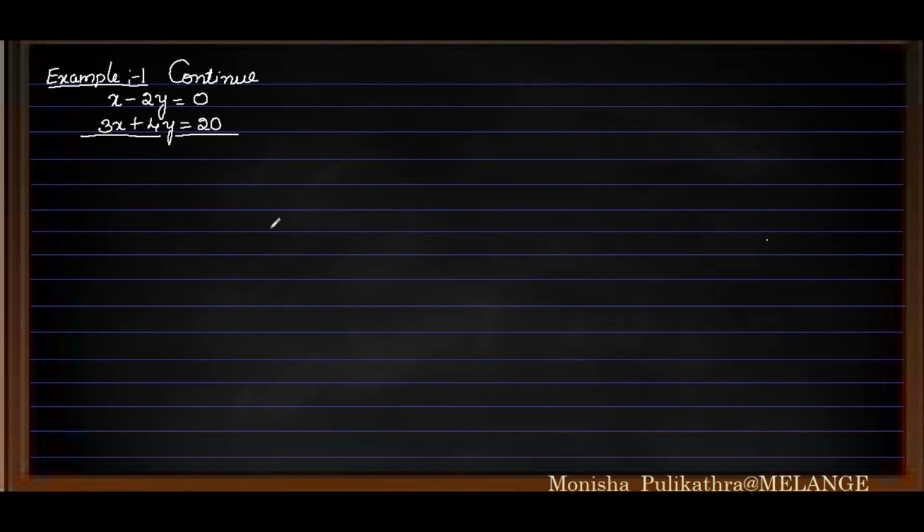This is example 1 continuation. So when we compare a1 by a2 and b1 by b2, if we get intersecting lines, only in that case we need to solve this equation. Why we are solving is, in intersecting lines there is a point of intersection, and we need to get that particular point. But it is not compulsory. In the exam, if you skip this part also, you will get the marks. But without doing it, we will be unaware of the particular point at which the point of intersection takes place. So this will be helpful for you if you do this problem like this.